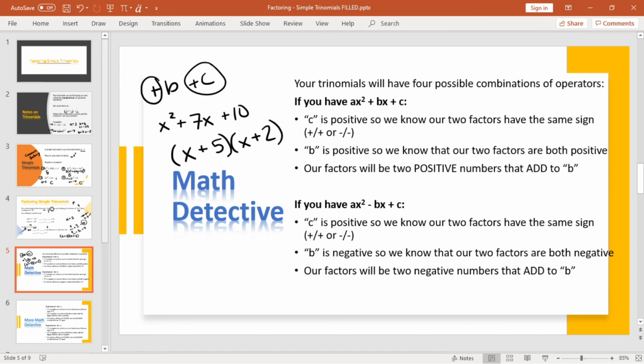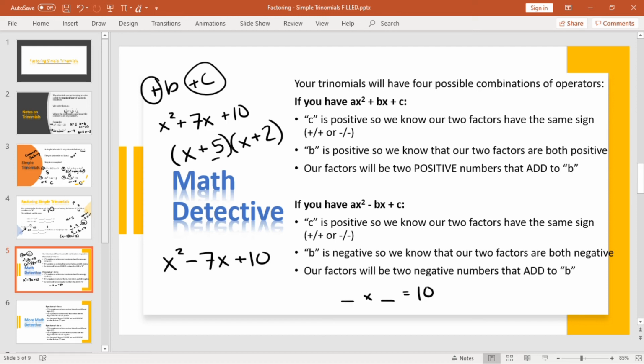Two factors that multiply to 10, 5 times 2, and add to 7, 5 plus 2. Now, I can still have a positive c value, but end up with a negative b value. All that means is I'm still going to use 5 times 2 equals